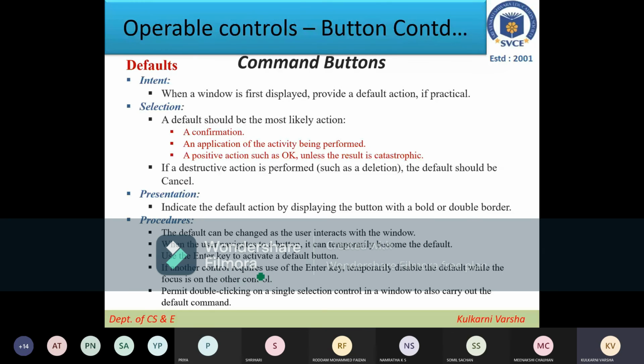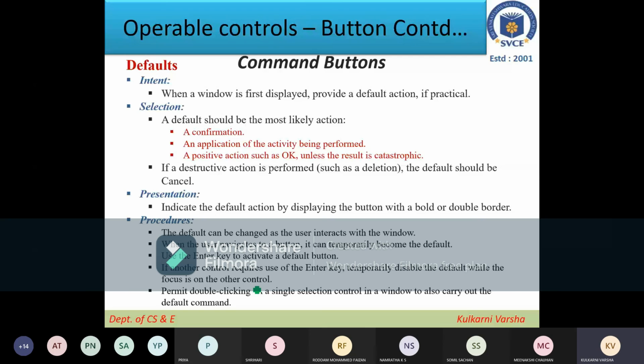If another control requires the use of the Enter key, temporarily disable the default while the focus is on the other control, and permit double-clicking on the single selection control in the window to also carry out the default command. So sometimes, what will be the procedure to select that default button, or to make the action of the default button, right?